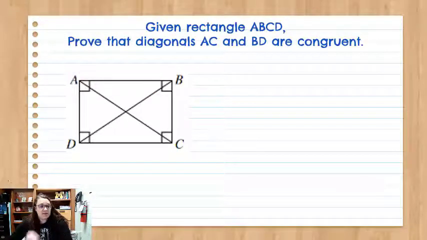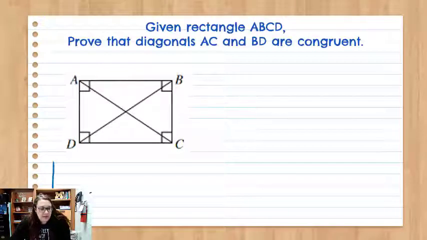Alright, here's my next one. It says, given rectangle ABCD, prove that diagonals AC and BD are congruent. So AC is this diagonal all the way across, and BD is this one here. I think I want to draw these 2 triangles separately, so I can kind of see them. They're layered on top of each other. So I'm actually gonna